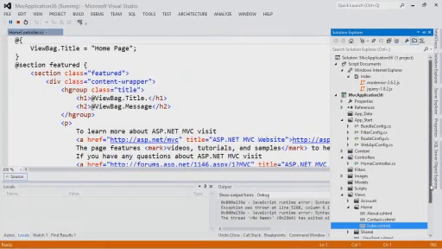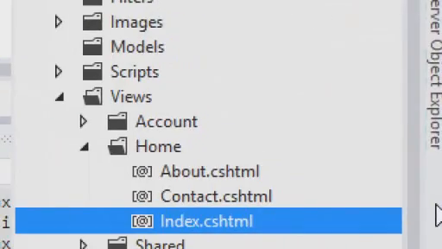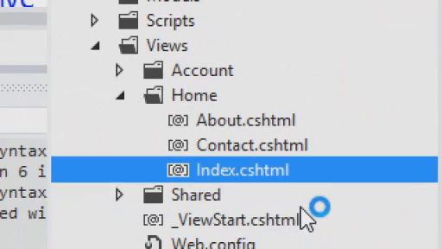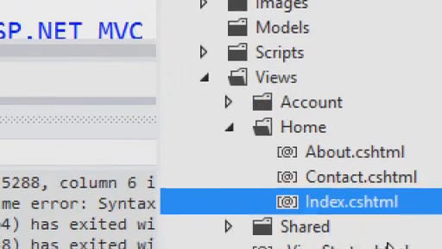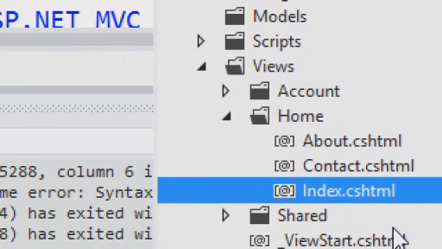So in this, as far as keeping things organized, if I'm working on this views home index method, I'm going to look in the views home index file. Here,